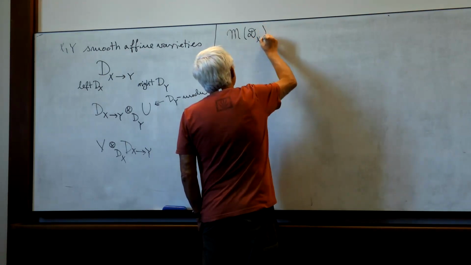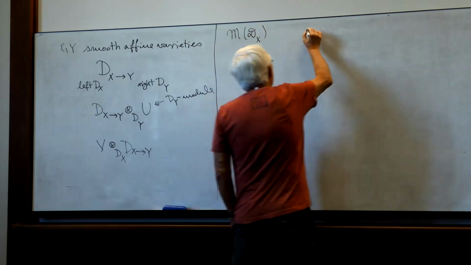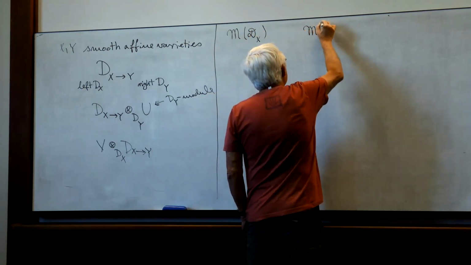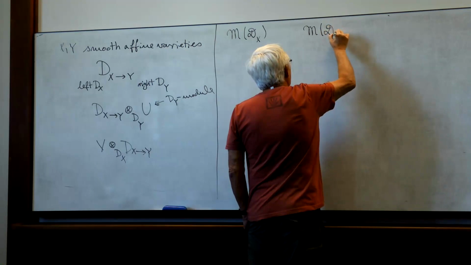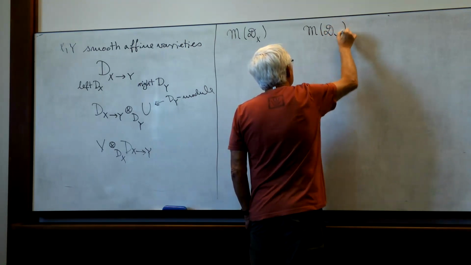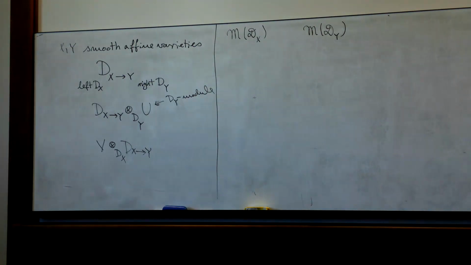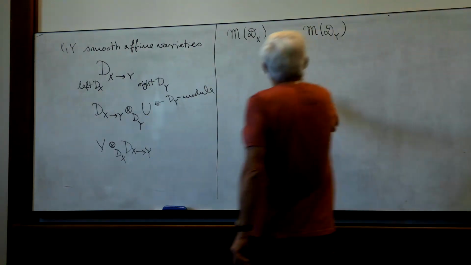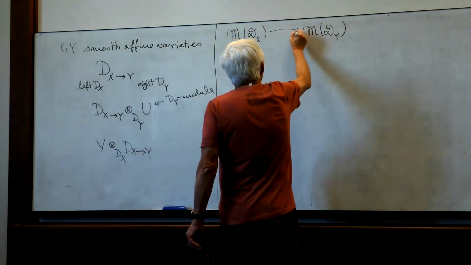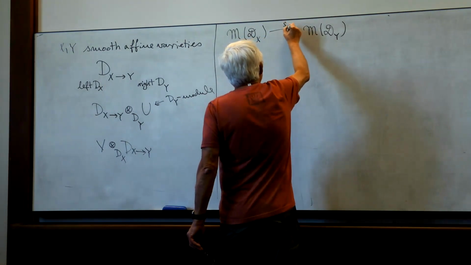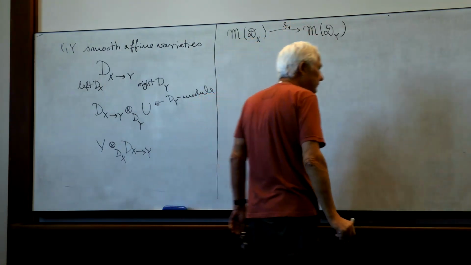So we can look at the categories of D_X modules and the category of D_Y modules without quasi-coherence assumption. And then we define our functor by the formula, and this makes